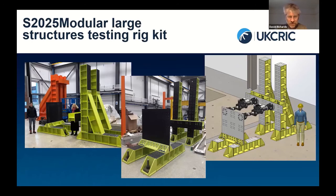So these are some views from some more recently set up reaction frames that have just come onto the floor. This is part of a Structures 2025 research project, EPSRC funded, looking at hybrid testing and modelling using various advanced imaging and loading techniques. We're just now equipping and erecting these onto the strong floor in support of the tests that are looking at large wind turbine blades, but only a section of those blades, which could then be used to understand the whole structure through advanced numerical modelling of the actual tested elements that are placed in these